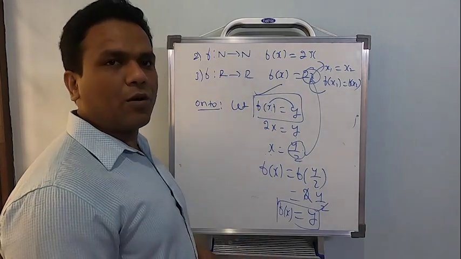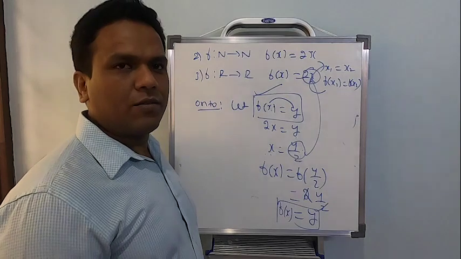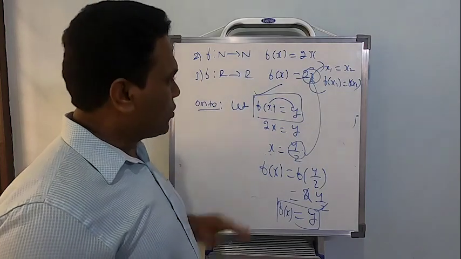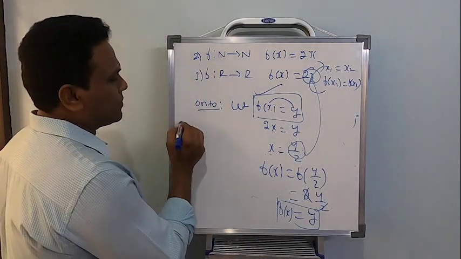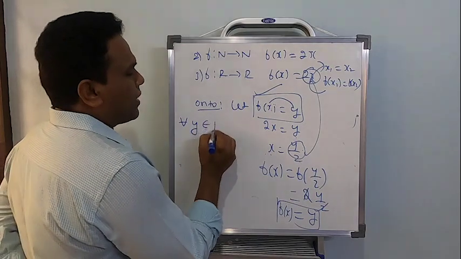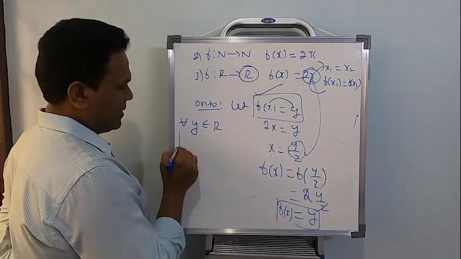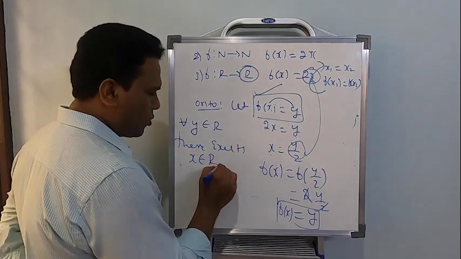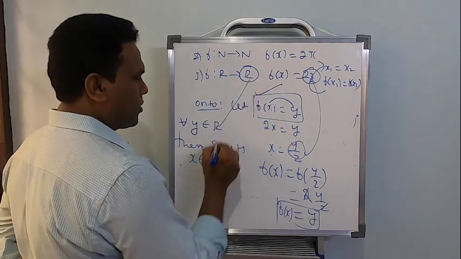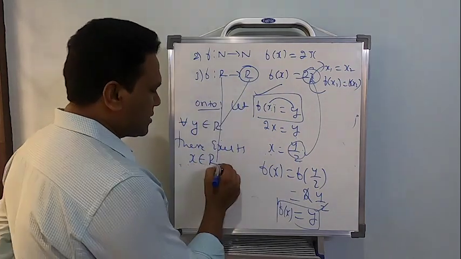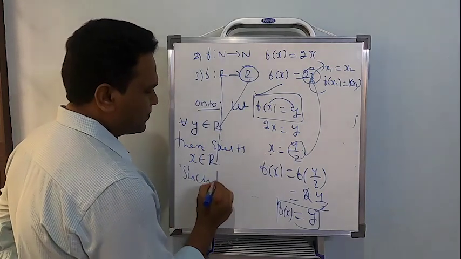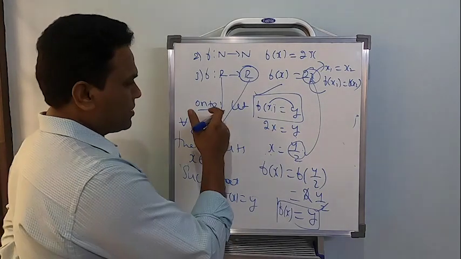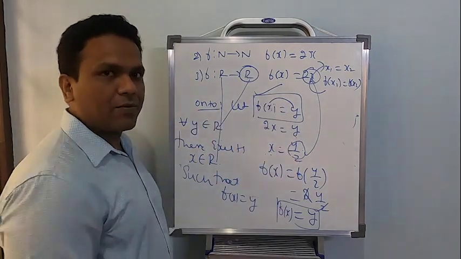Sir, you would be asking, what about the range and the codomain? Now, quite simple. If you are able to tell that also, it's fine. After that, you have to write a conclusion. The conclusion is something like this. This shows that for every element y belongs to the codomain, there exists x belongs to the domain, such that f of x equal to y. If it is onto, this is the statement you have to write if you are working in general.